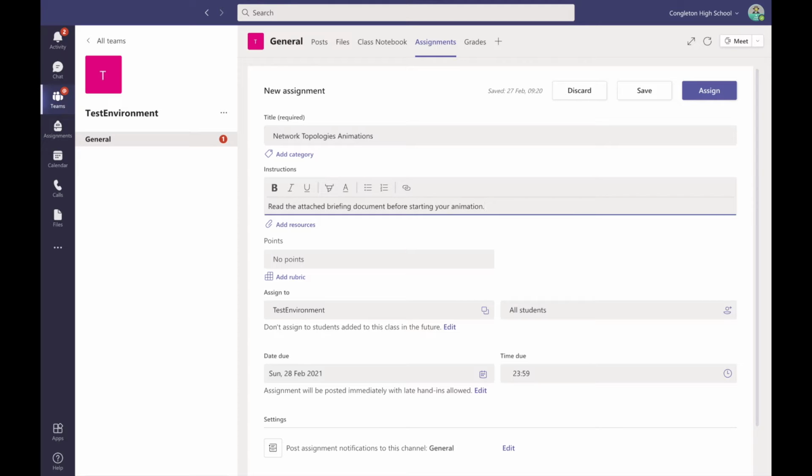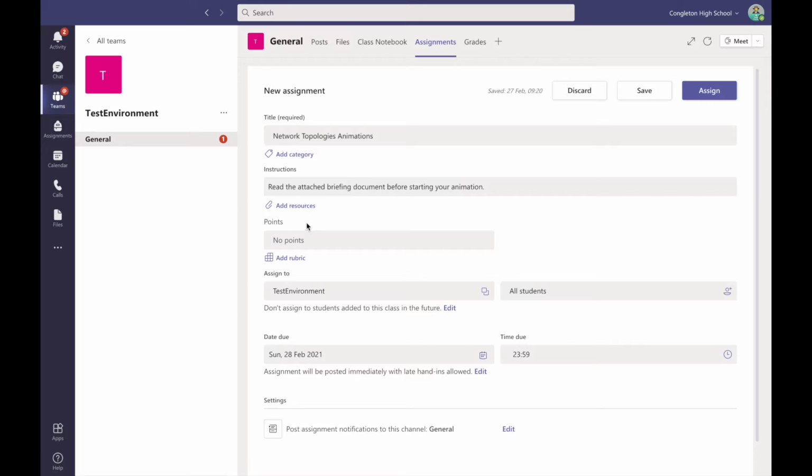animation. And you can see that you've got formatting tools at the top here, so you could write all of your task instructions as part of the instructions section if you want to. I'm going to add some resources now. So I click on Add Resources,